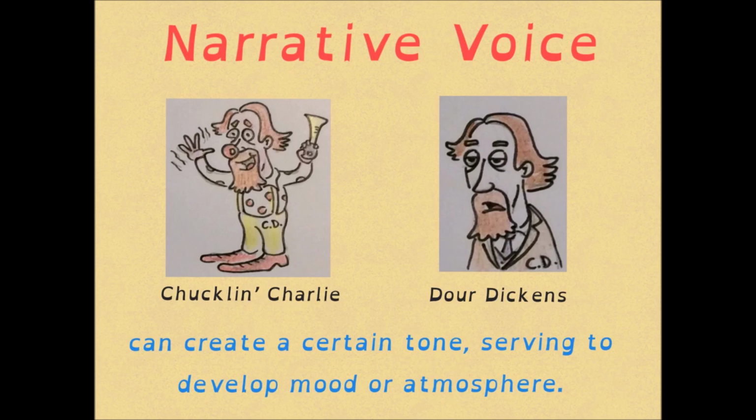But other times, that narrative voice, which as I say is a convention of the novel form, is helping to create mood, to help shape a certain atmosphere. And, as the picture on the left shows, Dickens oftentimes aims for a comical or light-hearted tone. Other times, as in the clock picture on the right, he's aiming for a dour or bleaker or more